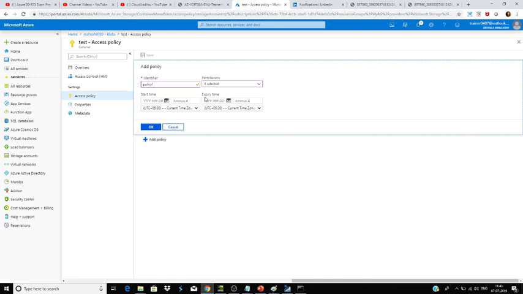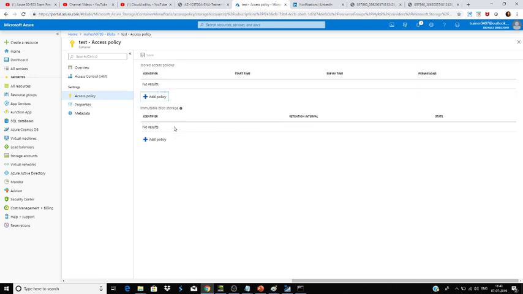So let's suppose your shared access signature has an expiry time 1 day more than the expiry time you give over there. It won't work after this expiry time is reached, even if it has one more day inside its expiry time. Why? Because this expiry time will override the shared access signature expiry time. So this is the stored access policy that you can apply at the service level, at the blob level. Okay,